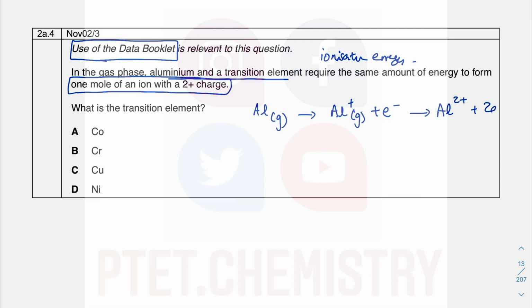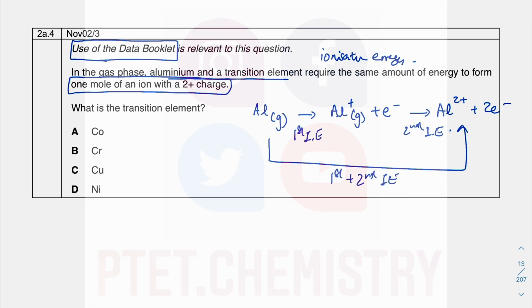time. So overall, there's your first ionization energy, there's your second ionization energy. So from there to there, you will have first plus the second ionization energy. Okay, so they're saying that the same amount of energy for that transition element to form the ion with +2 charge as well. So you got to sum up the first plus the second ionization energy from the data booklet. Okay, so my data booklet shows me, if I go to the transition metal,